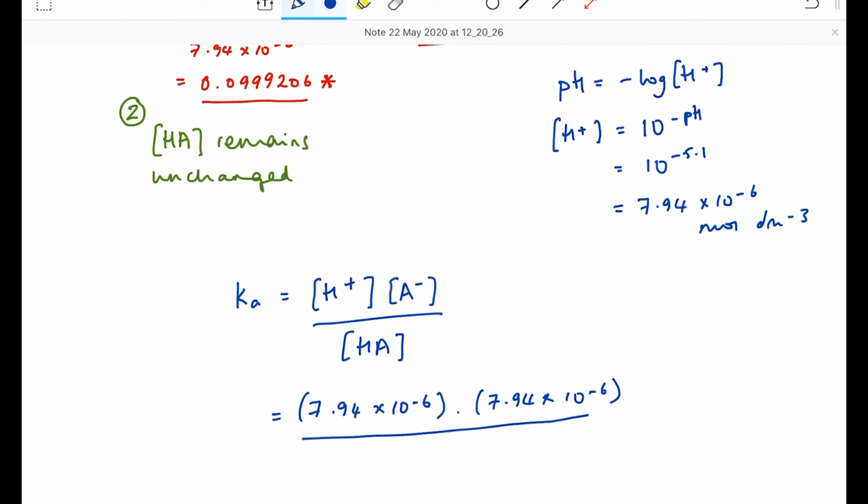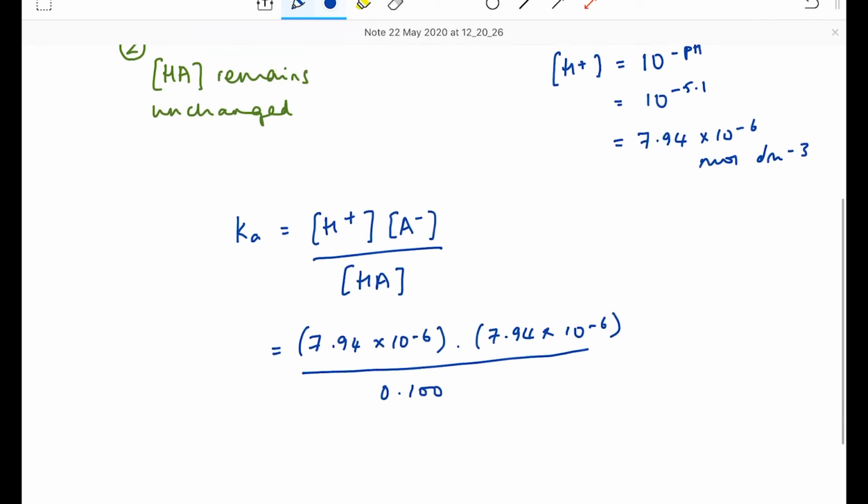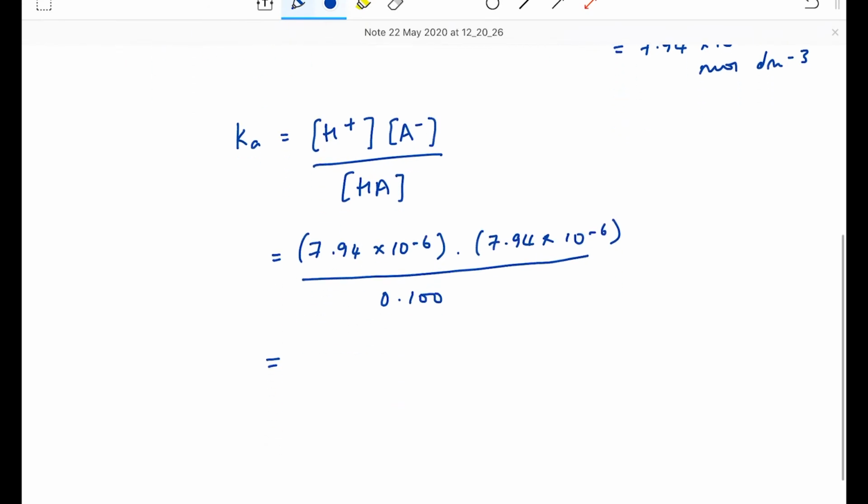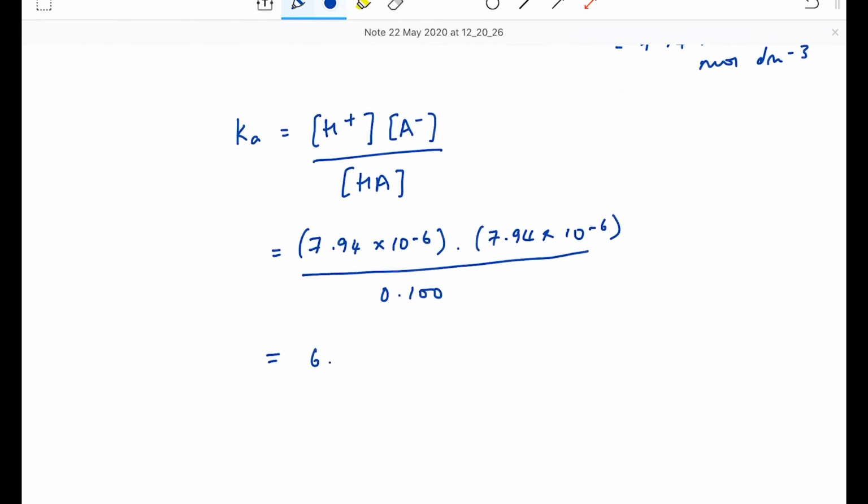And our second assumption is that the concentration of the acid, to all intents and purposes, remains unchanged. When you plug that into your calculator, it comes out to be 6.30 times 10 to the minus 10 mole per decimeter cubed. This is an exceptionally weak acid to have such a low Ka, and that is reflected in the fact that despite the concentration being 0.1,